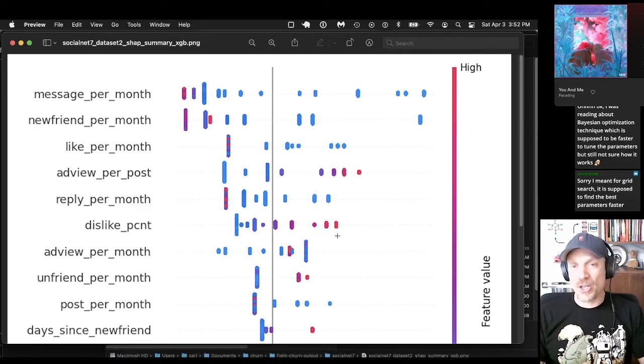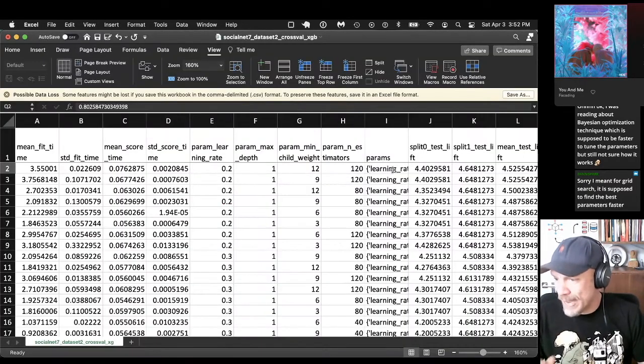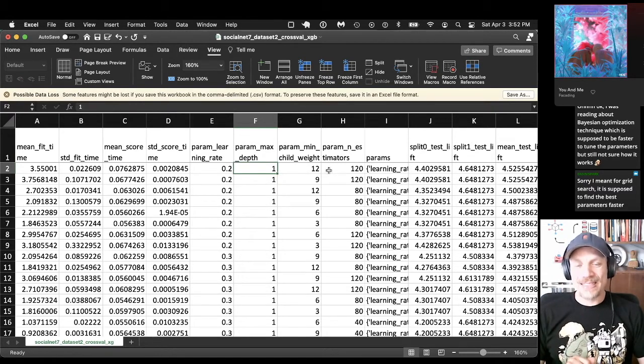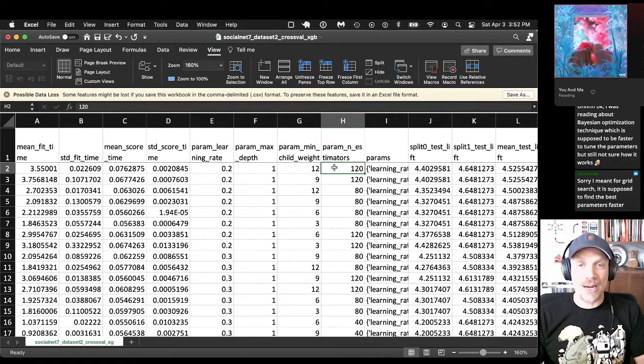And it shows that we're using smaller trees. I believe when we looked at our best parameters, the max depth is only 1. That's a very short tree, but we're using a lot of them. So the best hyperparameters in this case were a lot of small trees, which contributes to the Shapley visualization having this kind of cut apart, disjointed view.